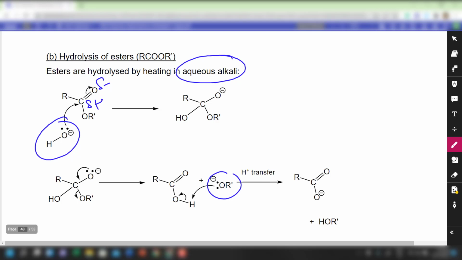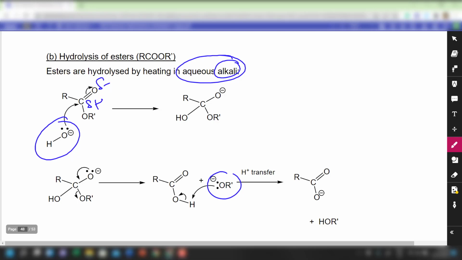Why is it that in this case I can simply kick out the alkoxide group? Because I am performing in an alkaline medium. So when you're performing the reaction in an alkaline medium, it is perfectly legitimate for you to kick out a group with a negative charge. But if you are performing the reaction in an acidic medium, then obviously water is not a good enough nucleophile, right? So I need to protonate the carbonyl oxygen in order for me to perform a nucleophilic attack onto the carbonyl carbon,